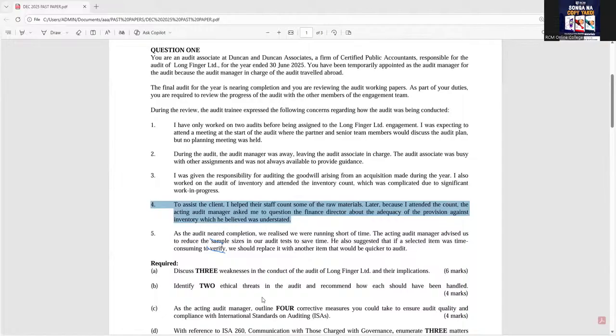Like in this case, you can see they have indicated what? Ethical threats. Now, as a student, you would be wondering, if they had actually called upon you to indicate threats to independence and objectivity, you might think the answers are different. So what you would state as threats to the professional code of ethics and threats to independence and objectivity would be different. It's not different. State the threats to the professional code of ethics. Alternatively, state the threats to the independence and objectivity of the auditor. The answers are just the same. So I hope we are together there. Hope you've been able to get my point.